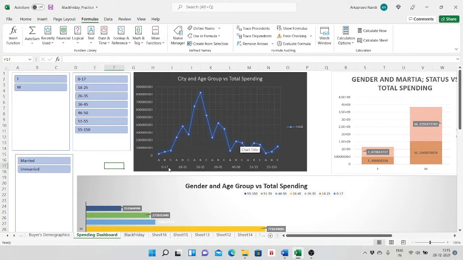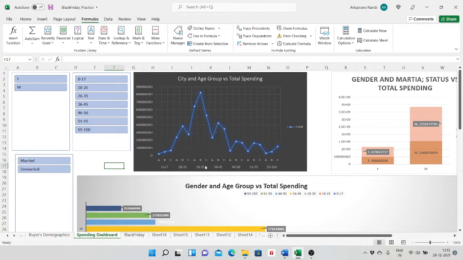The 0 to 17 age group people live in cities A, B and C, and similarly each of the seven age groups lives in the three cities, and their total spending is plotted on the y-axis. So the graph comes like this.